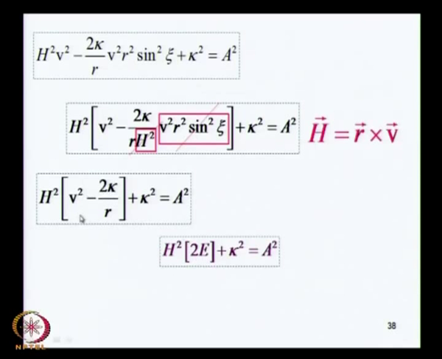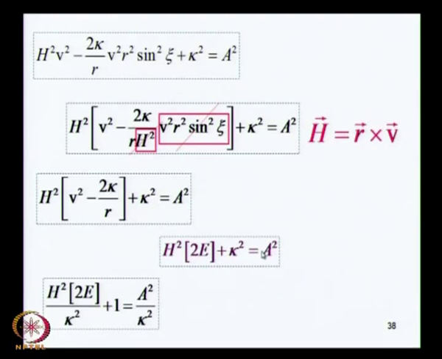So, it is twice the kinetic energy, and this is twice the potential energy, twice the specific kinetic energy plus twice the specific potential energy, because that is how we have defined the kappa as well. So, this is nothing but twice the energy. So, h squared times twice the energy, or specific mechanical energy, plus kappa square equal to a square, and a rearrangement of these terms in which you divide this entire equation by kappa square gives us a over